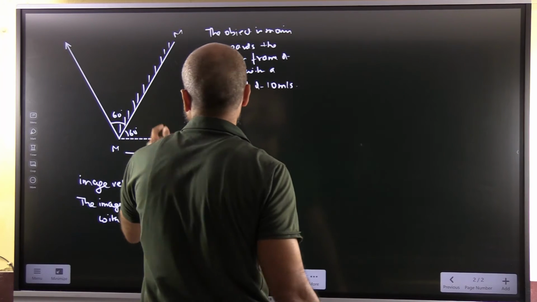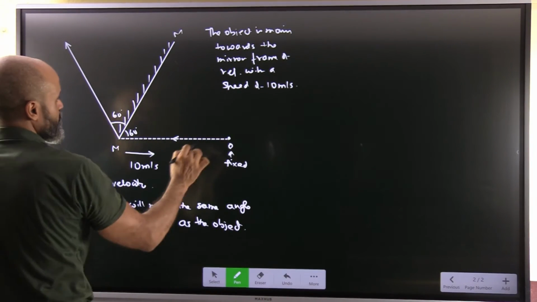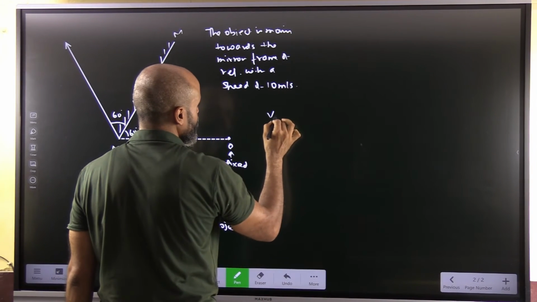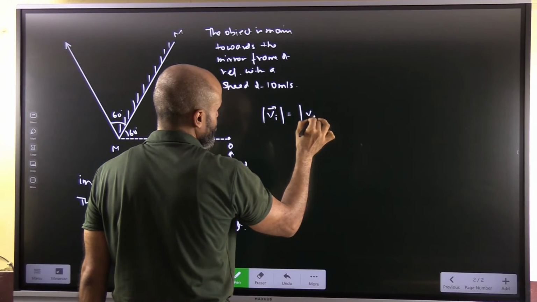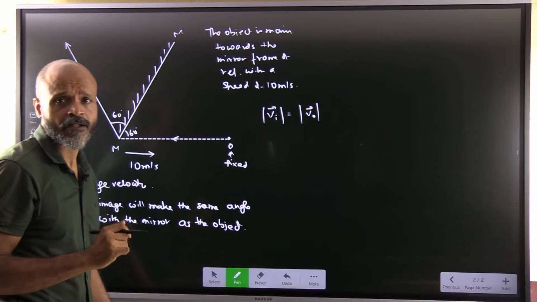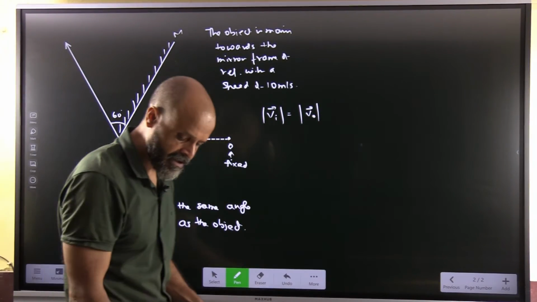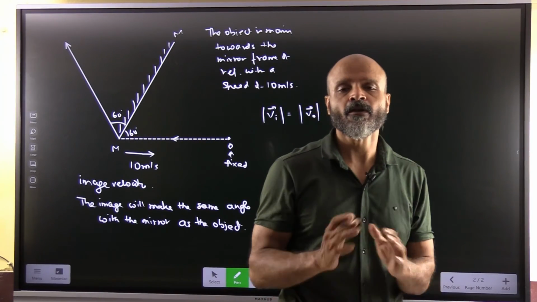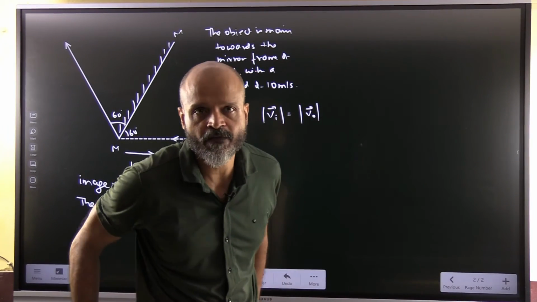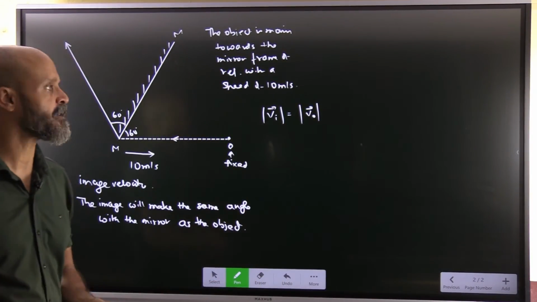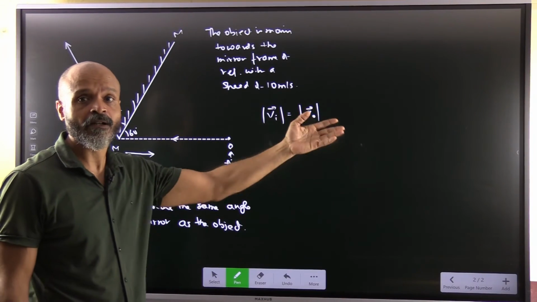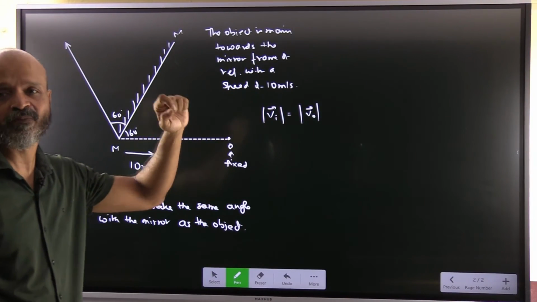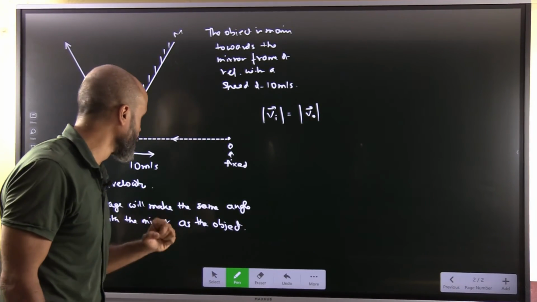Okay, so now let's calculate this here. So this will be 60 and this will be 60, and also the velocity of the image, if I just take the mod value of it, the magnitude basically, will be equal to the velocity of the object, because at all times in a plane mirror, the distance of the image from the mirror is equal to the distance of the object from the mirror. Differentiating it with respect to time, we will always get the velocity of the image with respect to the mirror as equal to the velocity of the object with respect to the mirror.